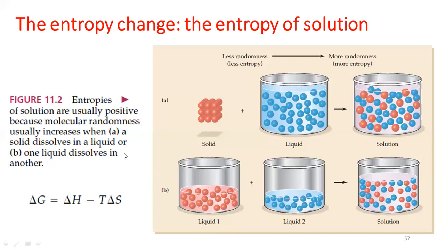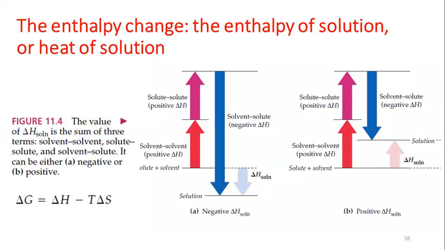So entropy will increase in this way, but there may be a different case with the change in enthalpy, and we call this the enthalpy of the solution or the heat of the solution, and this may be a negative and this may be a positive value. And very briefly,